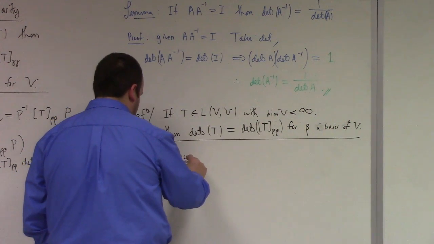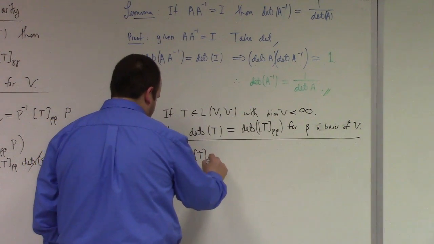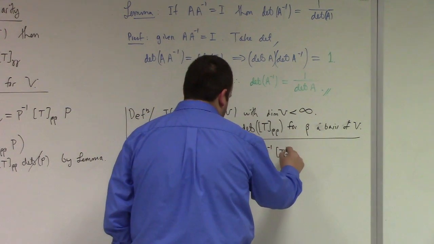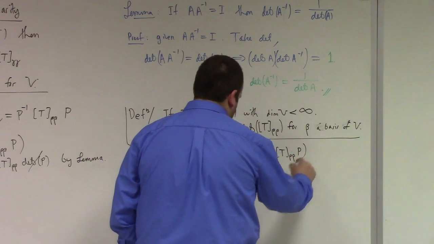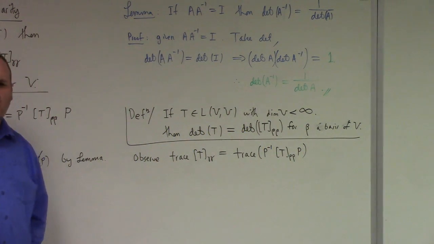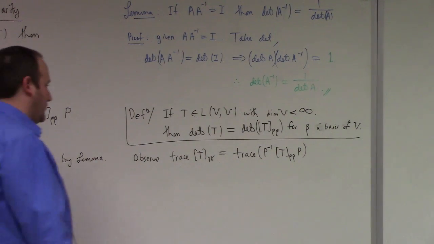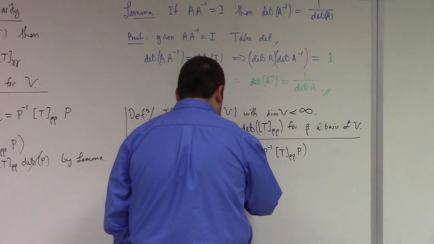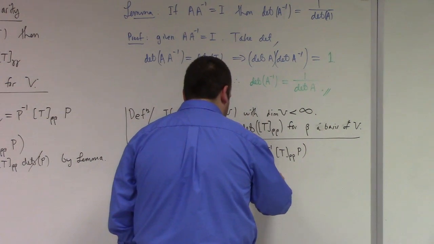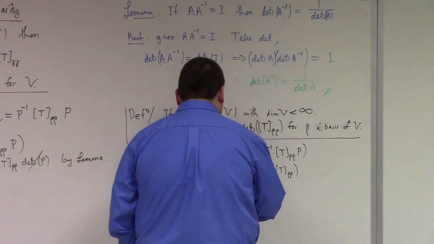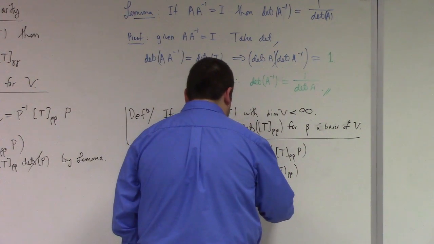Observe: the trace of T gamma gamma is equal to the trace of P inverse T beta beta P, like that. But you had a homework problem, right? A property of the trace is that I can do this. This is the trace of P inverse T beta beta, which, by the way, is the trace of T beta beta. So you see,